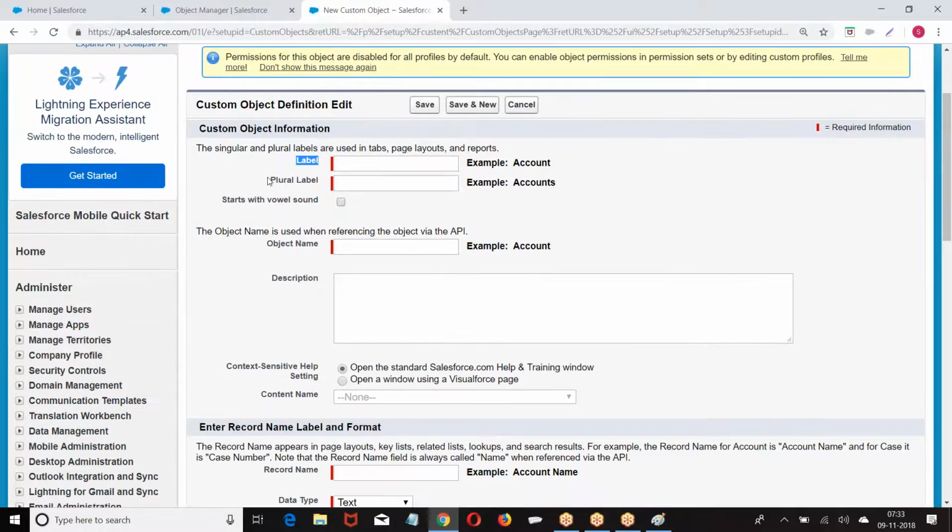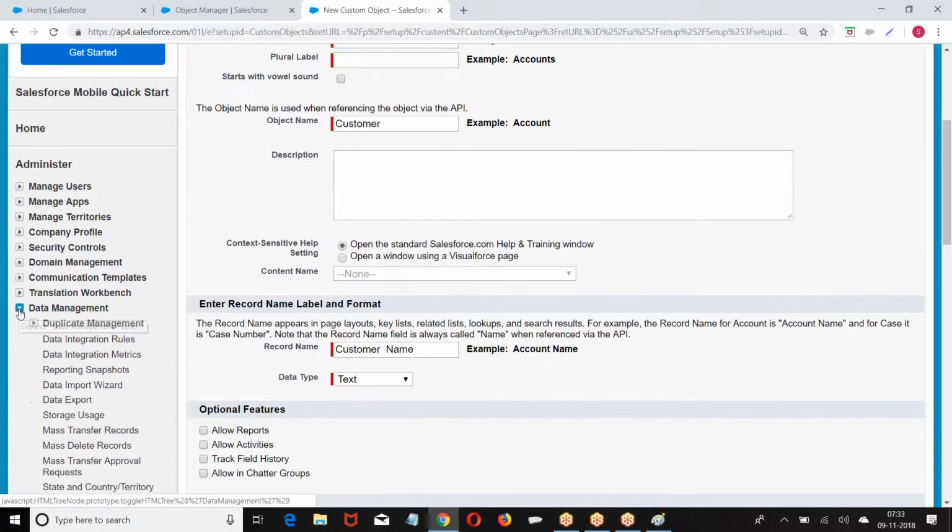We have a label name, we have a URL label. When I say label, it is the name with which the object will be displayed on the UI. When I display a list of objects, with what name will this object be displayed on the UI? Let me show you.